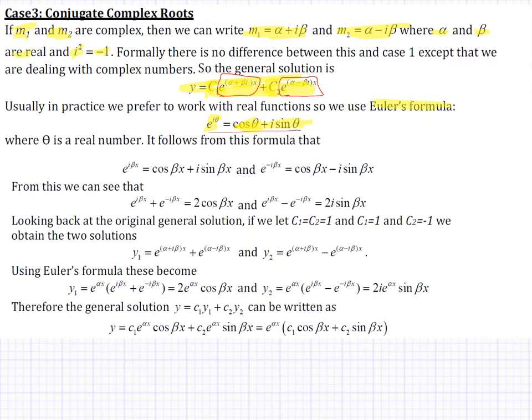Not going to get into where that comes from or why it is what it is. You could learn that in your complex variables course. Okay? But yeah, theta is a real number. All right, from that, what we're going to see is that if I had e to the i beta x,